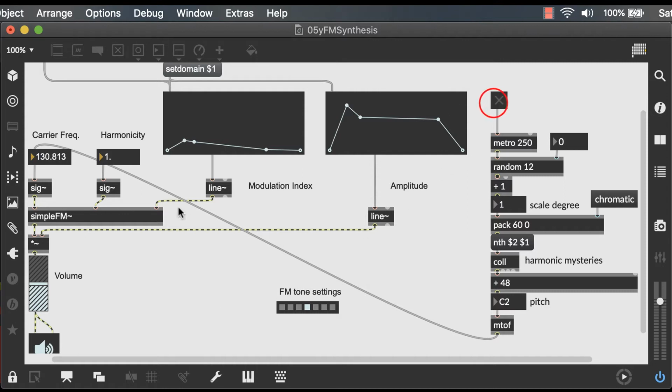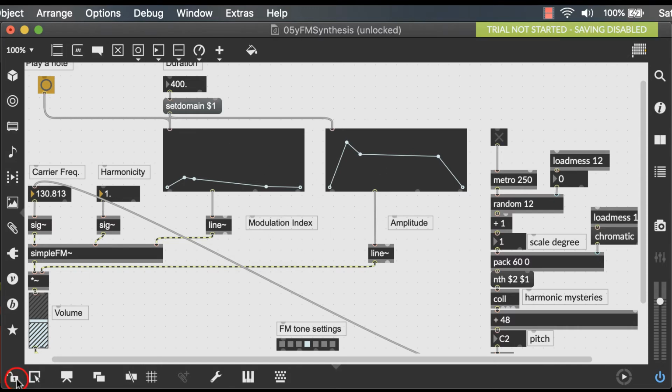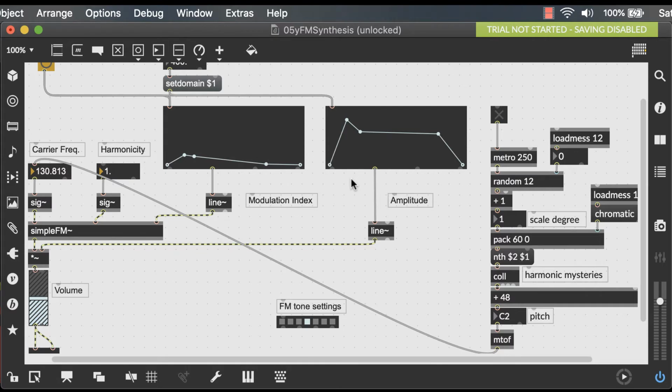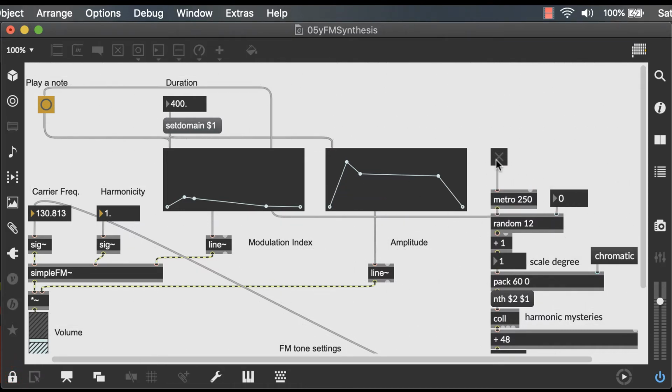Well, that's because in this patch, we need to trigger our amplitude envelope and our modulation index envelope, which really changes the brightness of our sound as well. And that's why this button is connected to both of these. So we can just connect the output of our metronome into this button because every single time that this note changes, we want to be able to hear it. So now